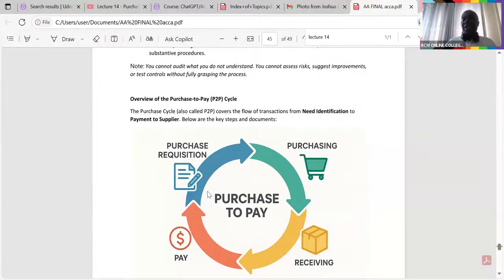I've been able to put this down in the form of a great pictorial presentation. When there is a need to purchase, somebody from the department has said, hey, I need these photocopying papers. In this case, of course, you will ask them to put down their request. Just put down your request, because in big organizations, we don't work with mere talk. We always require documentation. So in this case, we shall raise what we call a purchase requisition note.